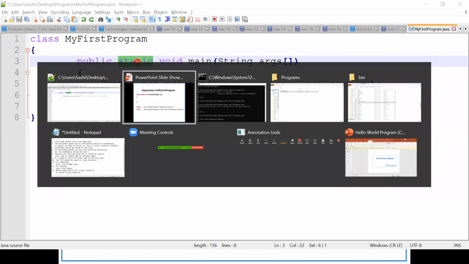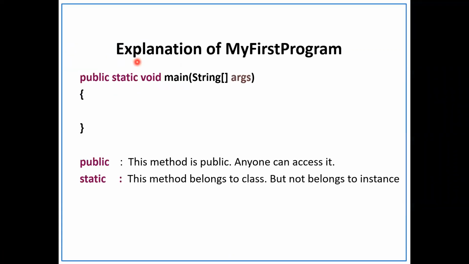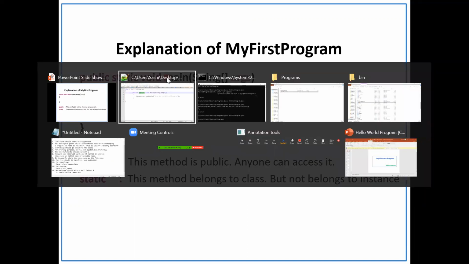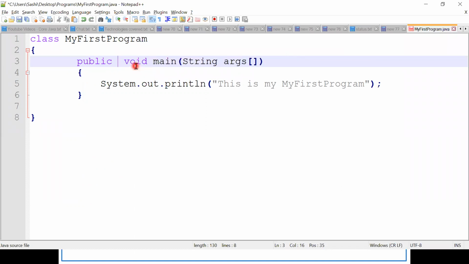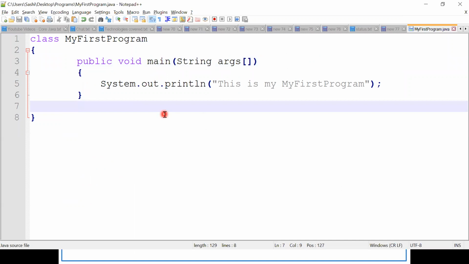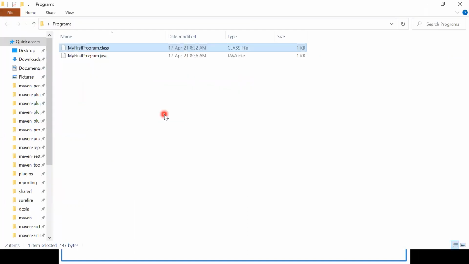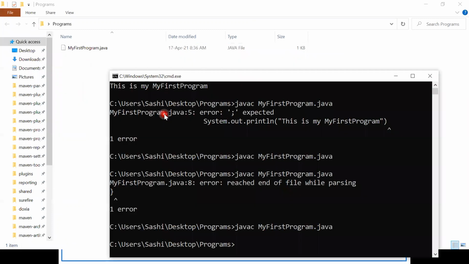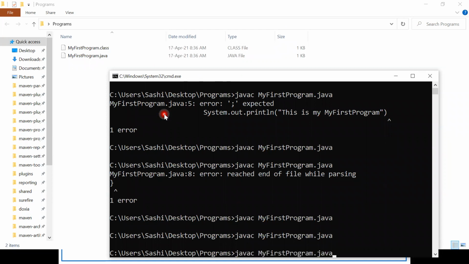For now, you can understand that this main method is a static method because we used the keyword called static, right? And it belongs to class. In case if I remove this static, it will not work. Just remove it. You can experiment whatever you want. Play around it, then only you will be very comfortable in coding. So just remove it. Again, if you need, you can delete the class file. You can just recompile it. Just see. Compilation is success. Just run it. Java class name, right?